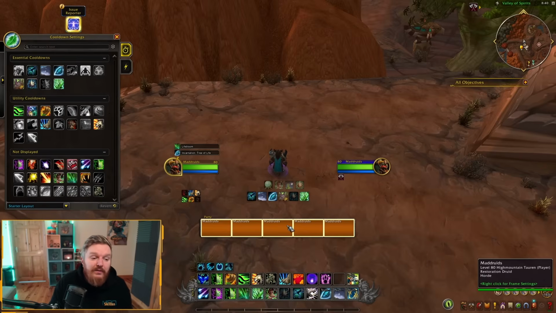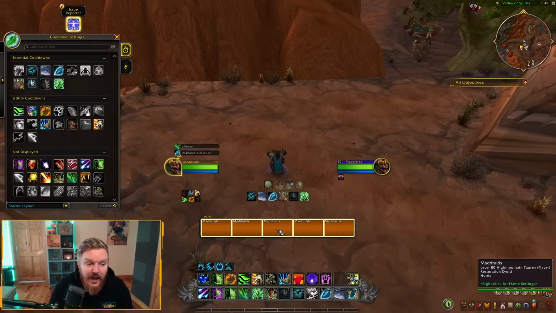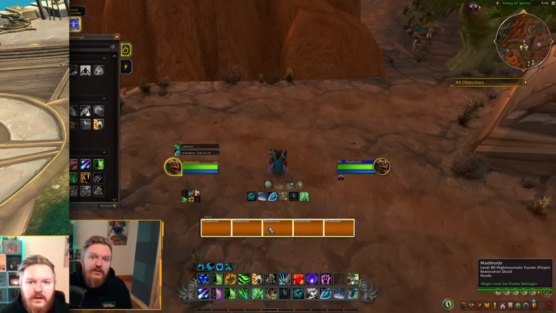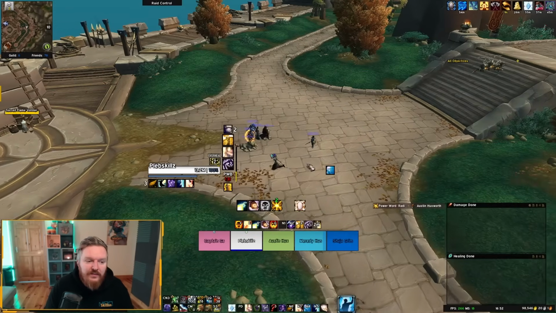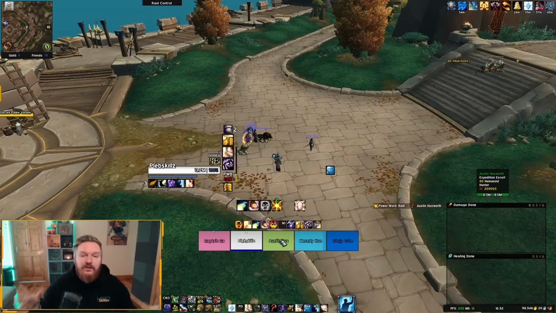I'm very scared about this because I like to have options. For example, if a person has a certain debuff, I would like to change the color of the whole frame, so I know exactly what debuff that is. You can't really do that. This is what I mean about changing colors based on buffs and debuffs. This is my Grid 2 profile. You can do that in Cell and all the other add-ons. You can't do that with the default Blizzard raid frames.